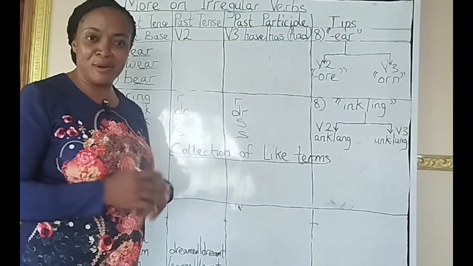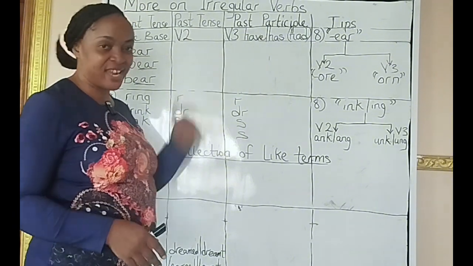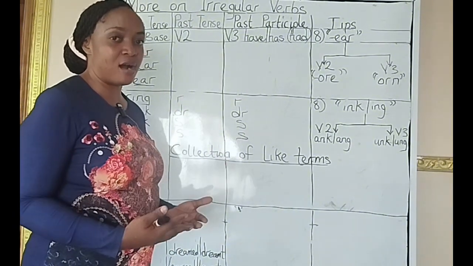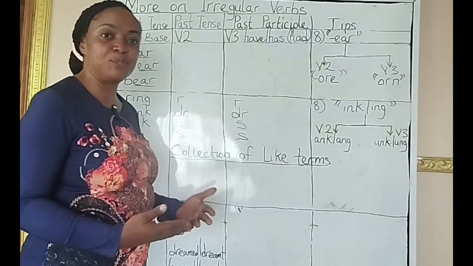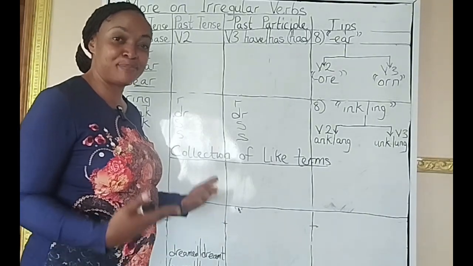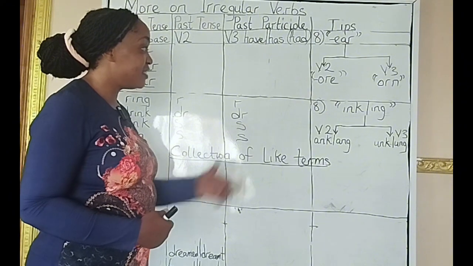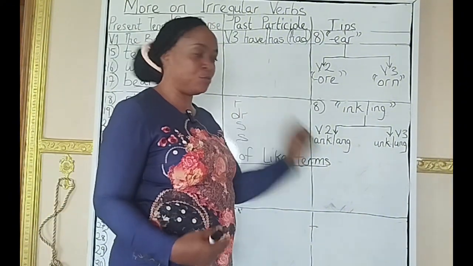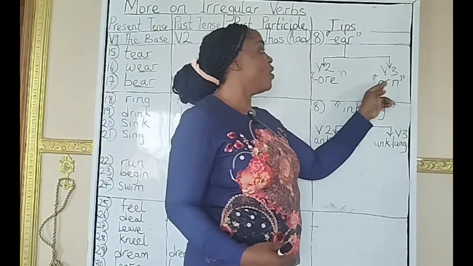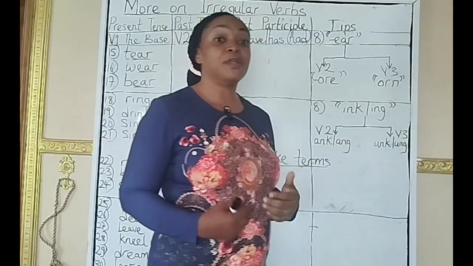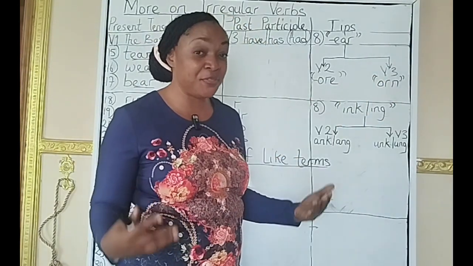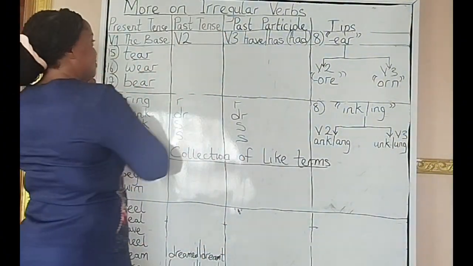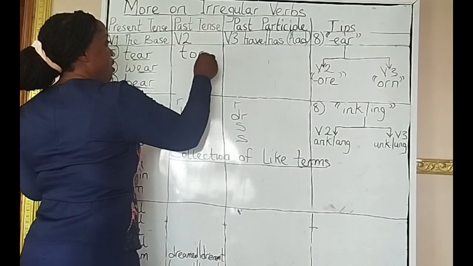The next rule on my list is number 8. A verb that ends with EAR. What do we do when we come to the past tense and the past participle? We add ORE for the past tense, V2. And we add ORN for the past participle as a V3. Let's do it together. Tear, tore,